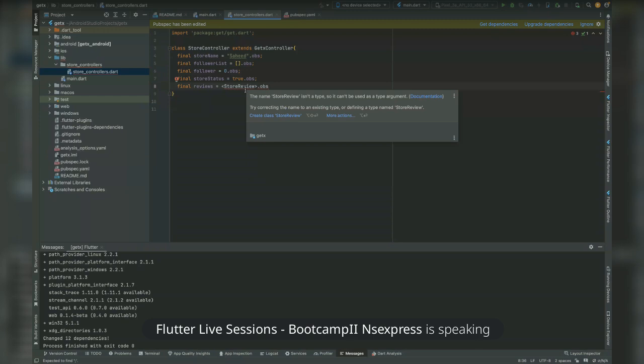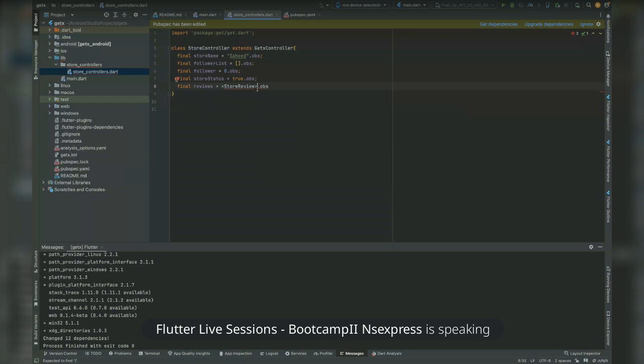No. So after creating, you need to map it to the list. Map it to the list of the followers. You put the list in front of it, you don't need to put a dot. So after closing the tag, the next thing is list, then dot obs. I don't know if you get that. Yes, but the